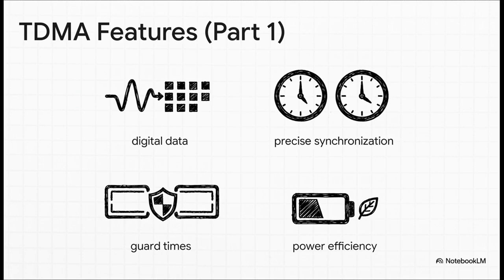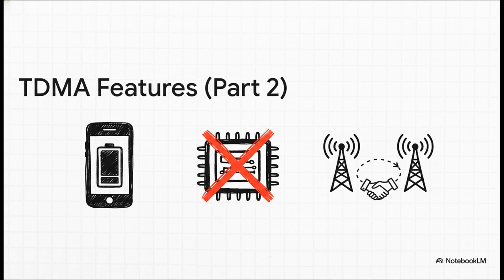It's really power efficient. Because the phone's transmitter is actually turned off most of the time, it saves a ton of energy. And that power efficiency leads directly to something we all love: better battery life. Since your phone is only transmitting in these quick little bursts, it uses way less power. It also makes the phone's hardware simpler. A phone usually needs these complex filters called duplexers to send and receive signals at the same time. But with TDMA, since you're sending in one time slot and receiving in another, you just don't need them. And finally, this whole structure makes the handoff process, when you're driving and your phone switches from one cell tower to the next, much smoother.